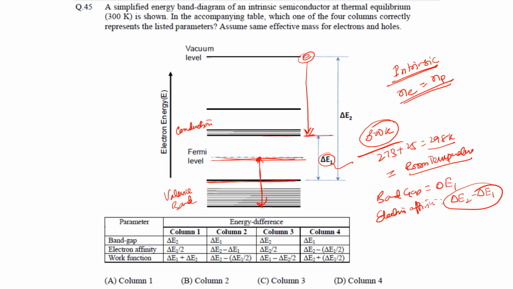Okay, so when this is the highest energy, the energy which will be required so that the electron can move out will be the energy supplied such that it reaches the vacuum level. So this will be the energy difference between the vacuum level and the Fermi level. If you see here, the vacuum level is delta E2, right? So minus, and since the Fermi level is between the valence and the conduction band, delta E1 by 2, right? So this will be your answer. Okay guys,